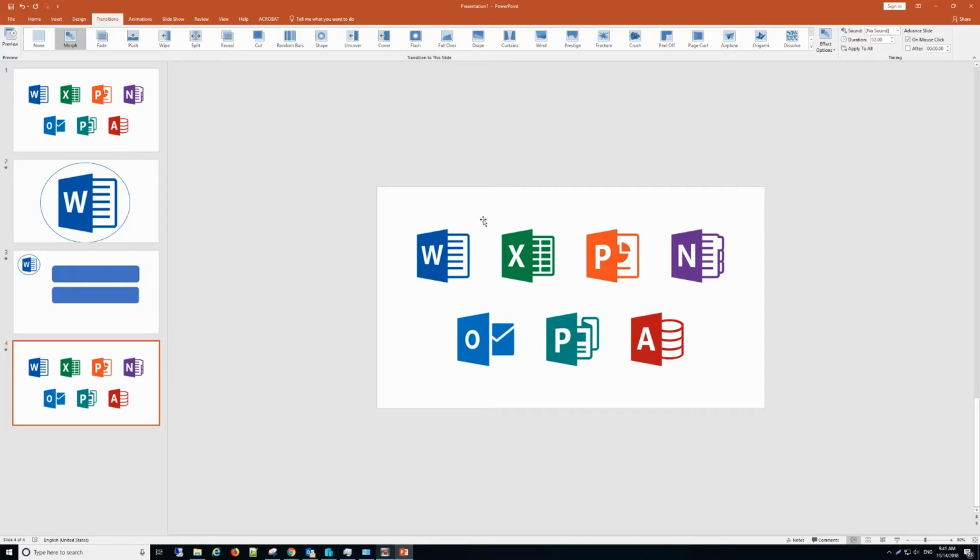Repeat doing that. The next one is Excel. The next one is PowerPoint. You do that again and again to make a different color of the border. So for the second move, let's